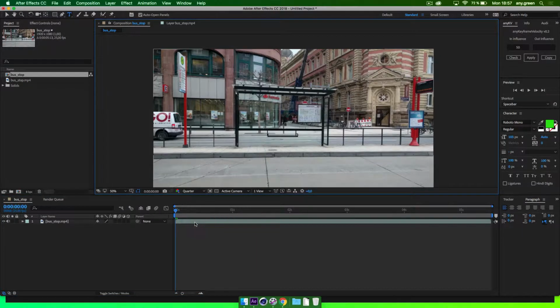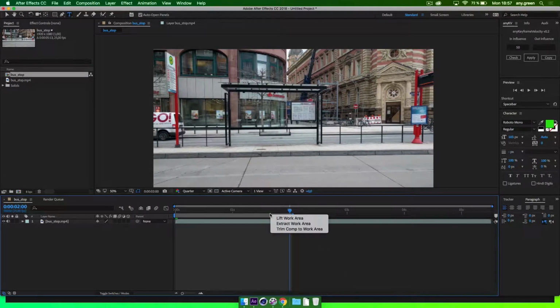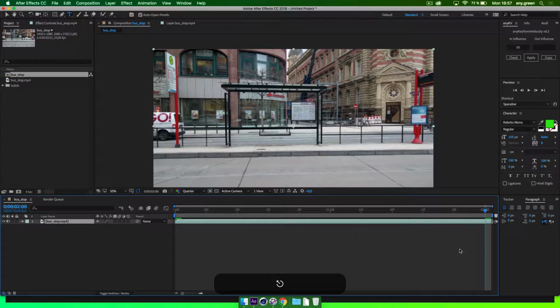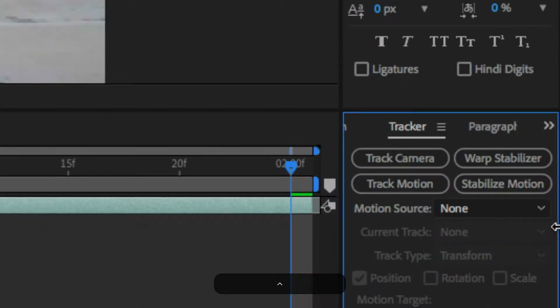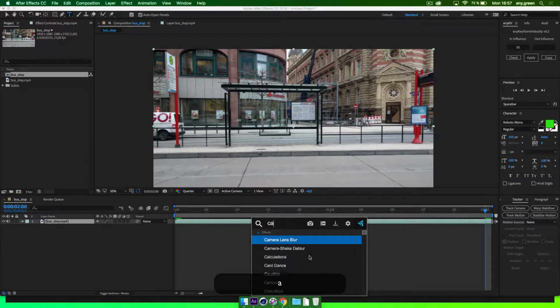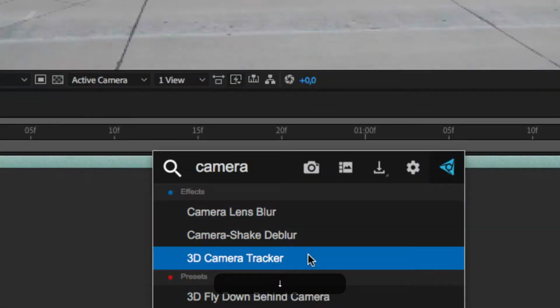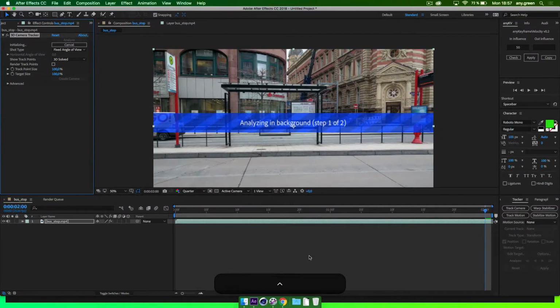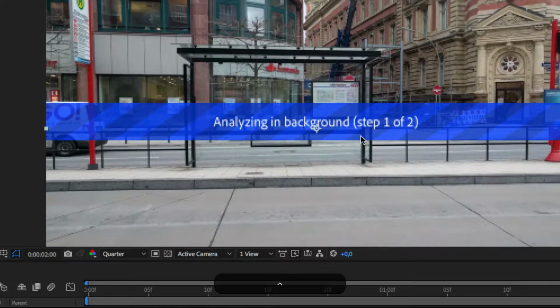I will only do it on a quarter, because when we apply this, it will only use a quarter of the resolution to track, and then it should go quite a bit faster. Maybe I only also do it for 2 seconds. And I will apply the camera tracker. I can either click on the track camera button here, or I can look for the camera tracker here. Once it's applied, I will get this notice bar that tells me analyzing in background,